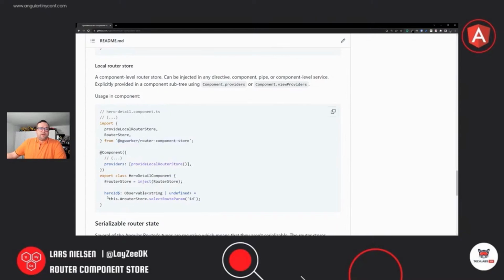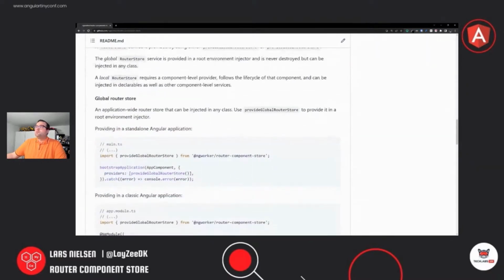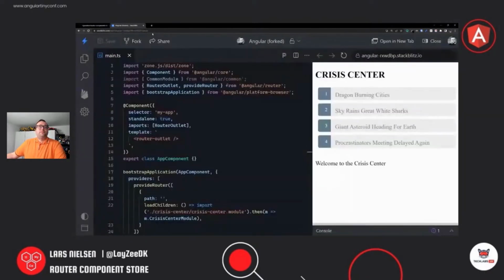And now, instead of going through the activated route service by Angular, you can do router store select route param ID, for example. So this is just a basic API, but let's actually try installing it in an Angular application from scratch. So I just created this StackBlitz and added in a feature from one of the Angular tutorials, the router tutorial. It's called the crisis center. I dropped it in, and now